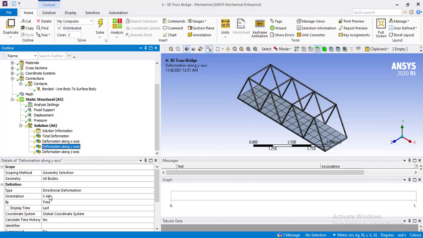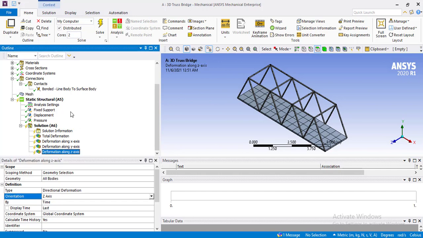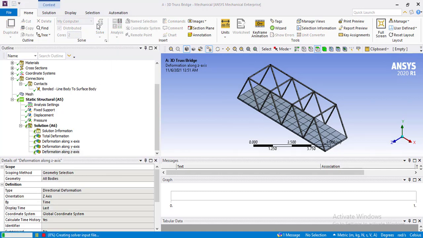Now we will change the orientation to respective directions, and now we will solve our model by clicking on the solve button.